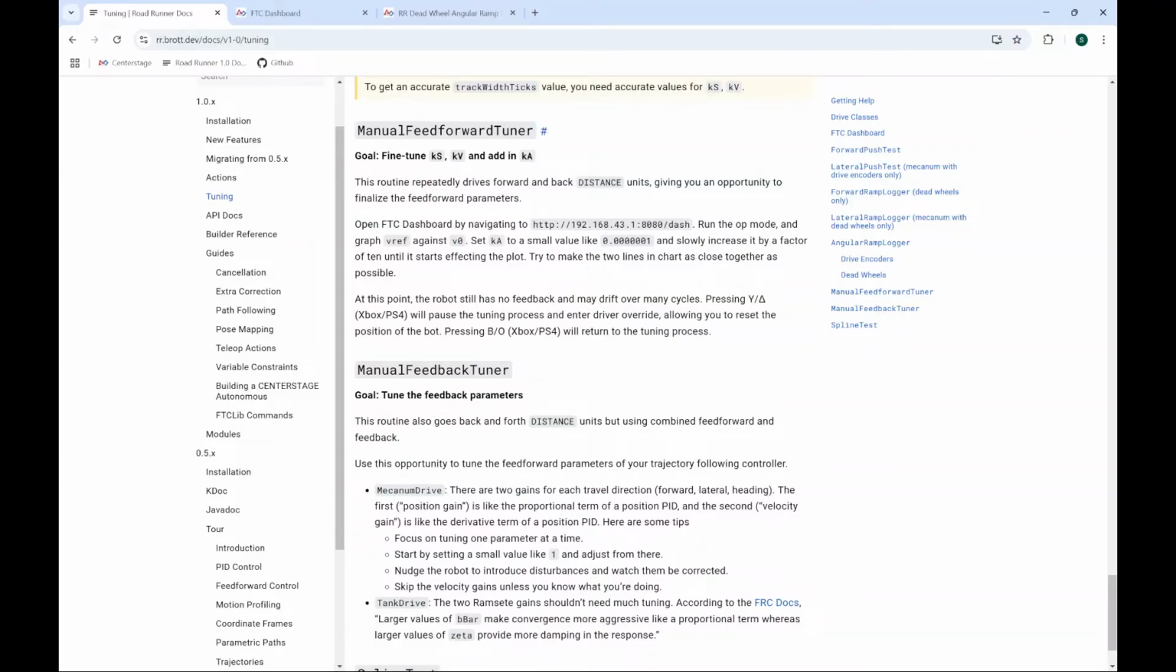All right, so we're following the manual feed-forward tuner now. This drives forwards and backwards distance units. I think it's about 5 feet by default to give you different feed-forward parameters, or to finalize the feed-forward parameters. So we're going to open FTC dashboard, which is what we've got open here, run the op mode, and graph vref against v0. We're going to change Ka, which is basically how fast we're going to accelerate, and slowly increase it until we start to get our plots to